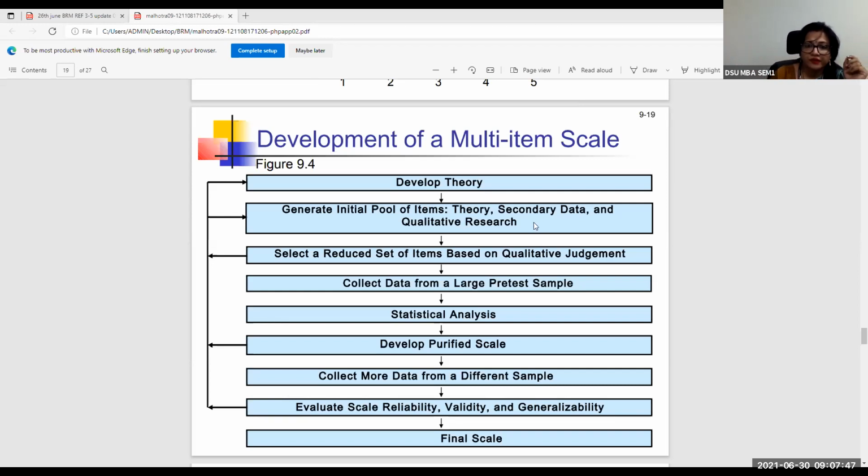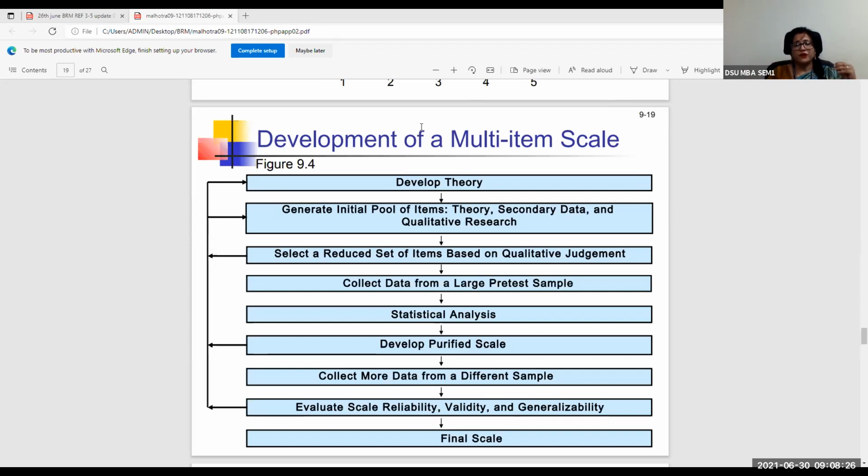Because see, in the development of a multi-item scale, the theory will set down certain sets of concepts, certain definitions, certain propositions in that area, certain kind of phenomenal understanding. So it will provide you some idea about the body of knowledge in that particular domain. What you do with the theory is that it gives you a basic understanding. From that theory, you then need to develop the initial pool of items or statements based on which you can actually start building up the kind of input requirement for your opinions or anything that you want to examine.